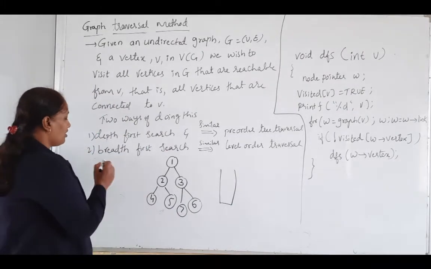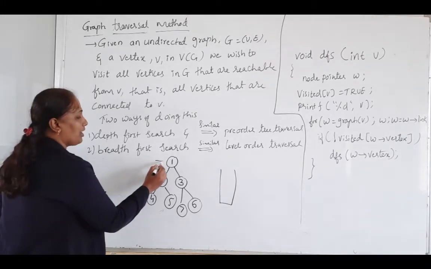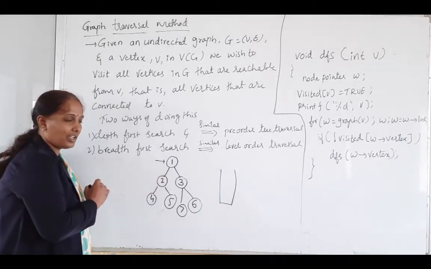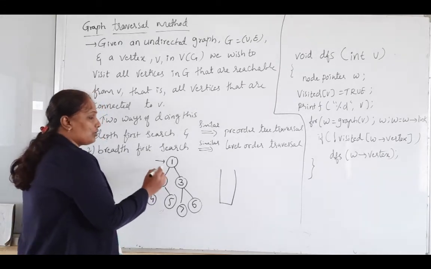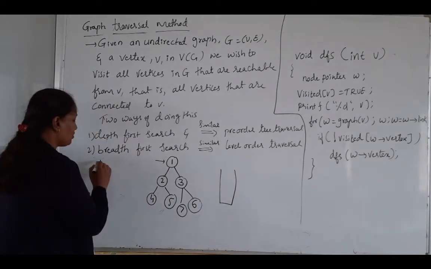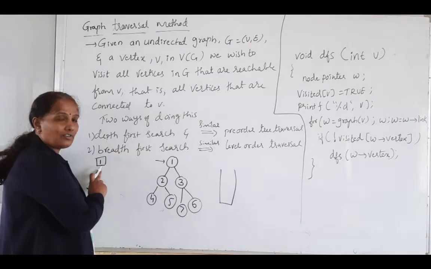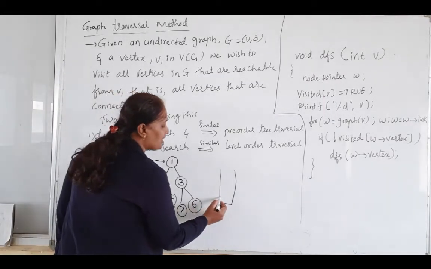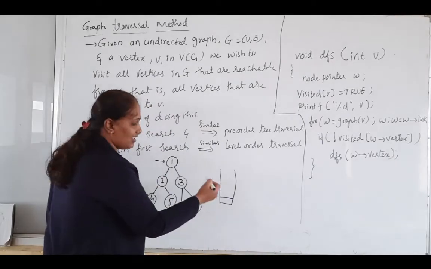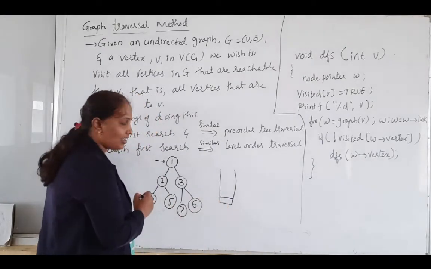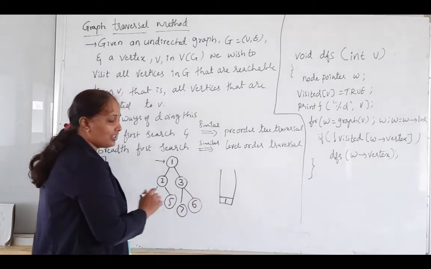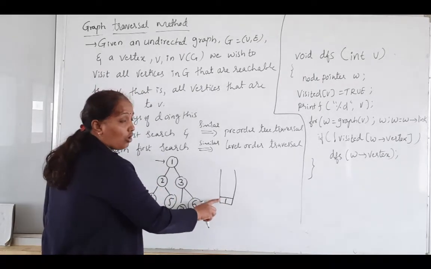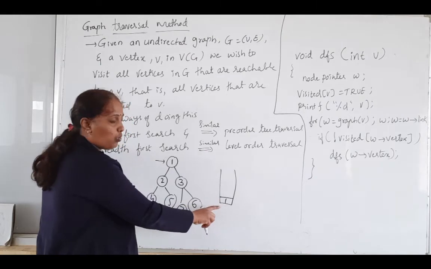First we are going to make one vertex the start vertex. Here I will choose 1 as the start vertex. First I will mark 1 as visited. Once I visit the vertex, I am going to push that in the stack. Initially the stack is empty. After visiting vertex 1, what will be the stack value here? Stack contains 1. So what is the top of the stack? It is 1 here.